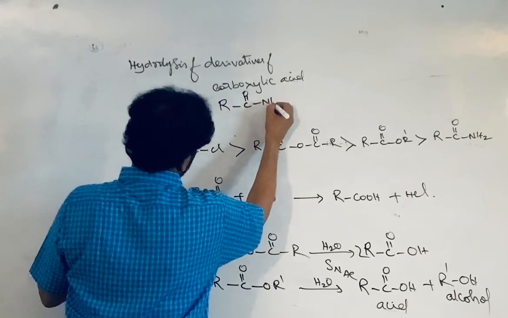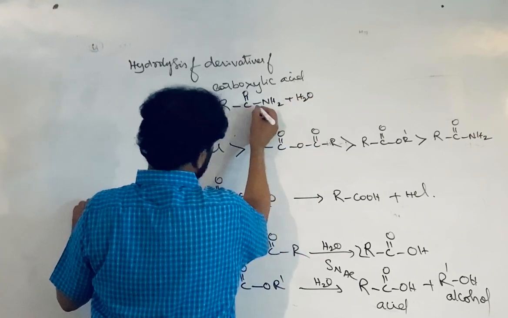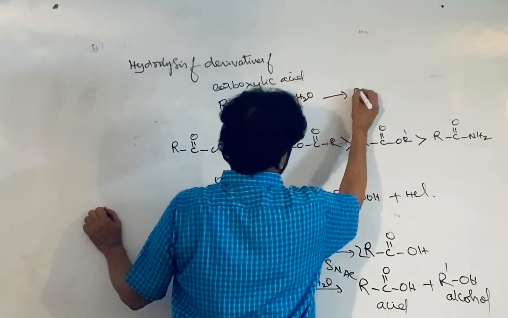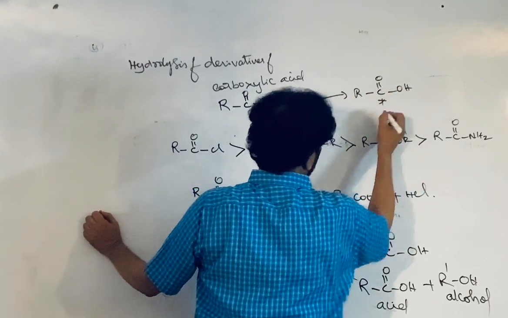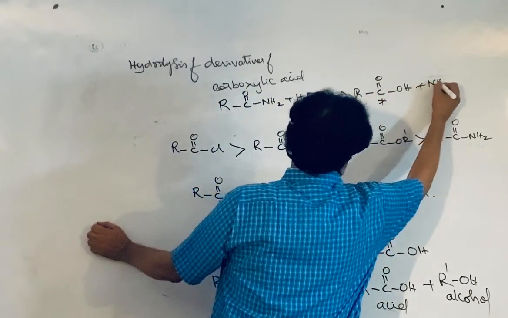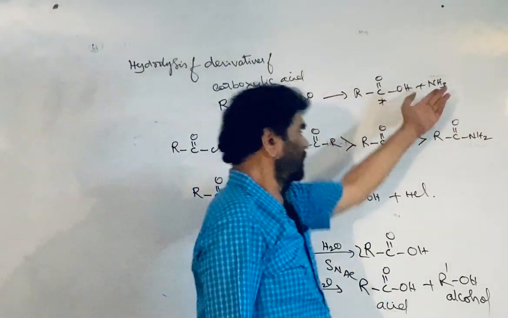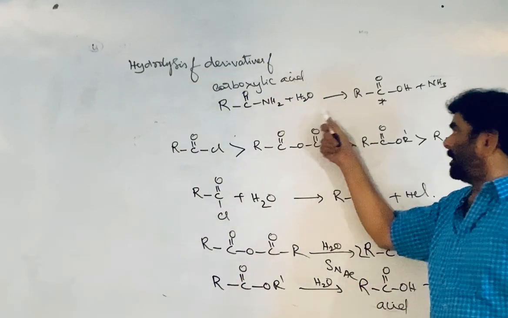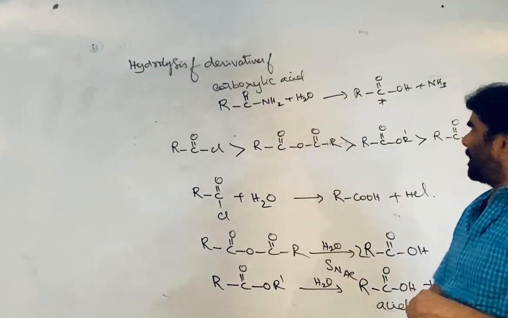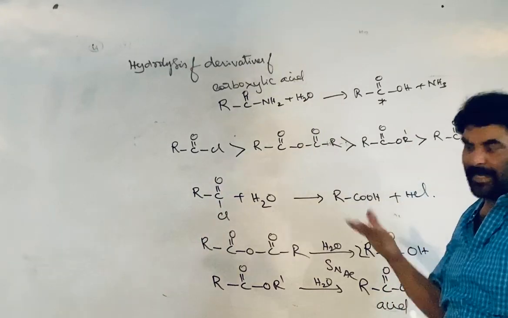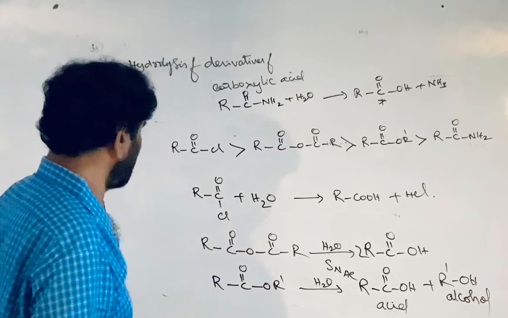I am taking the primary amides, treated with H2O. Here the OH is introduced, this comes out. This is RC double bond O OH, and ammonia is liberated. Whether ammonia is liberated or not depends on the pH of the medium, whether it is carried out in acid media or base media. Ammonia exists only in base media, it cannot exist in acid media, where it exists in the form of this.